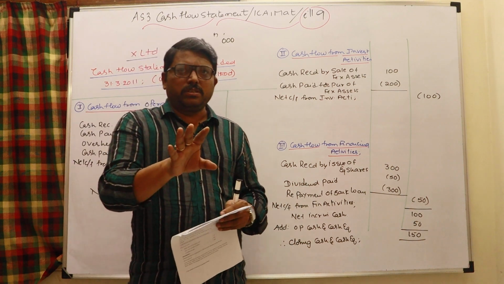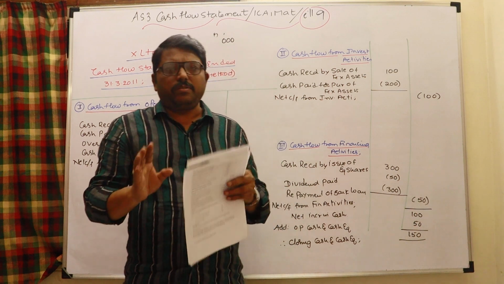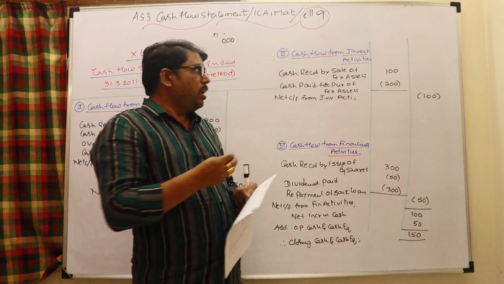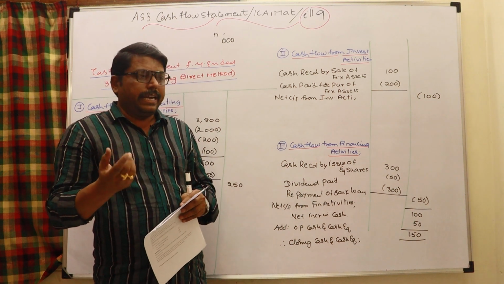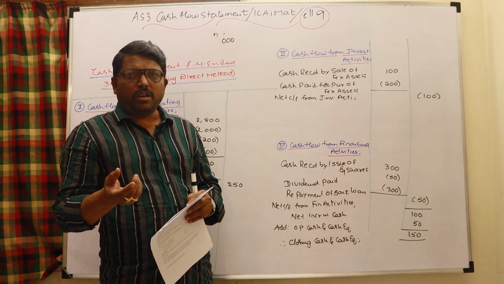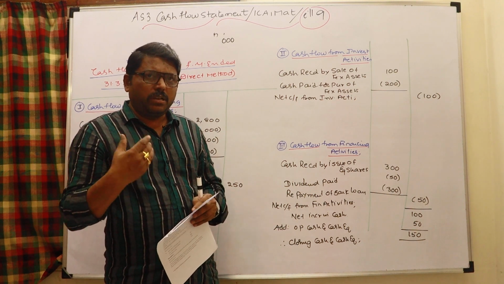But when a cash book is given, or certain points are given straight away, it is very simple and easy to handle. Most probably this kind of sum may be given in the examination for 8 marks. Very simple and easy to handle. We can discuss the next problem in the next class.